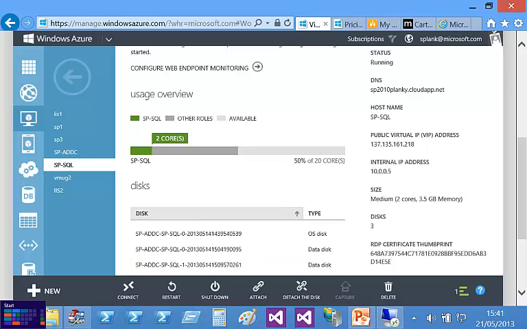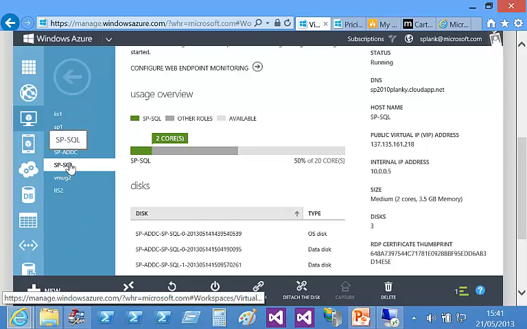Okay, so the next thing I want to do is just quickly show this. What I did here was, in order to get SharePoint to run, you need Active Directory. And to get Active Directory to run, we've got a little bit of a challenge, which is the way the network works. So I create a service,